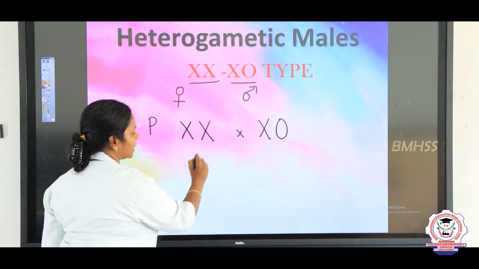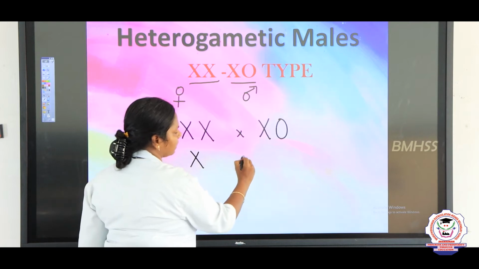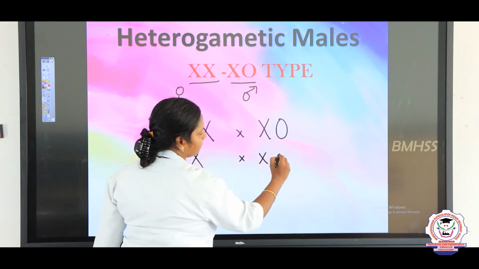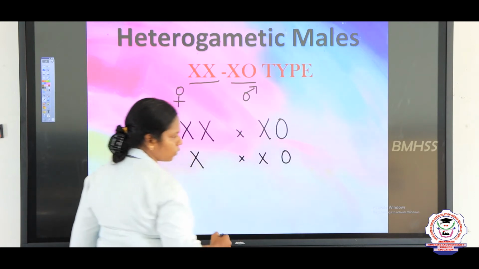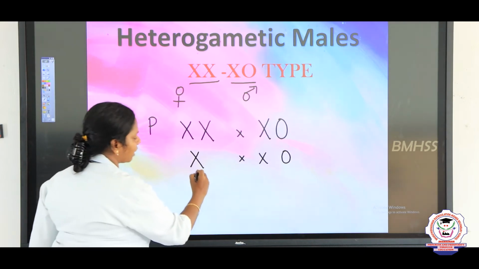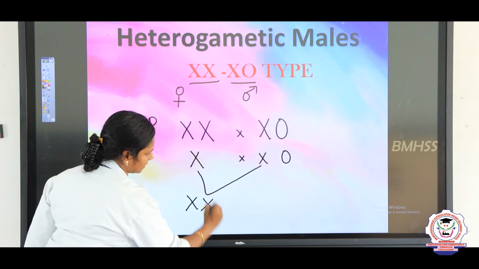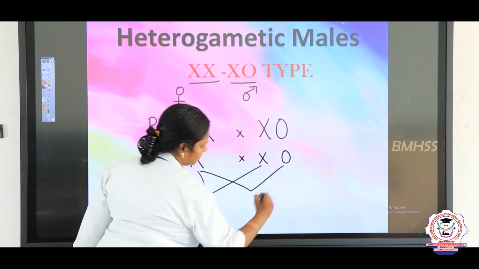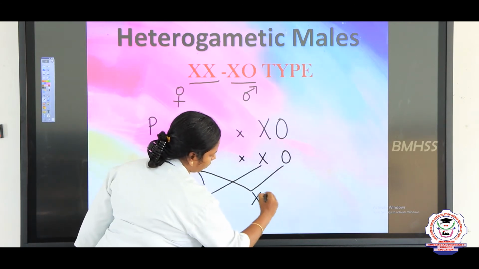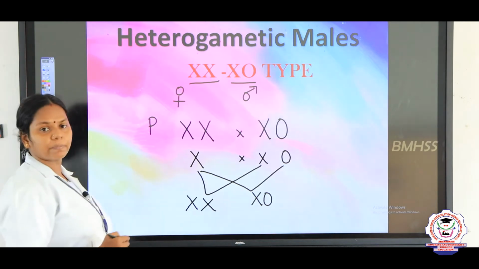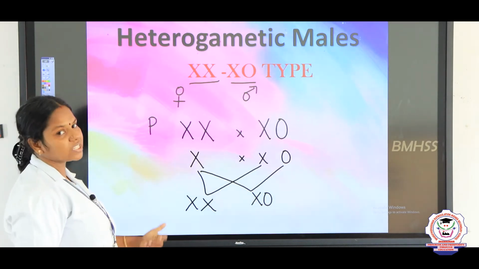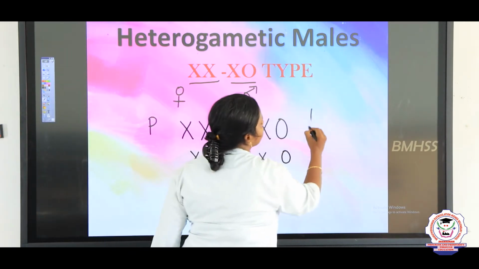From the female we get only one gamete, but from the male we get two, X and O. Two types of gametes, and when we cross, we get XX and XO. This XX, XO type of sex determination we can see in bugs,